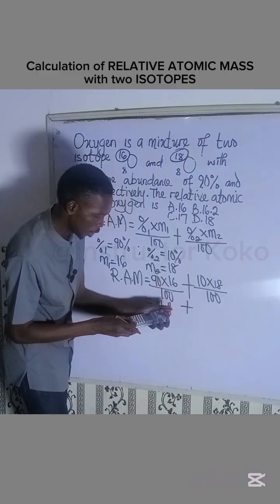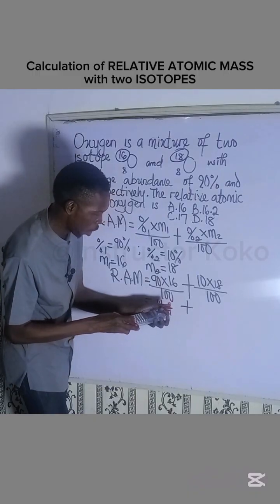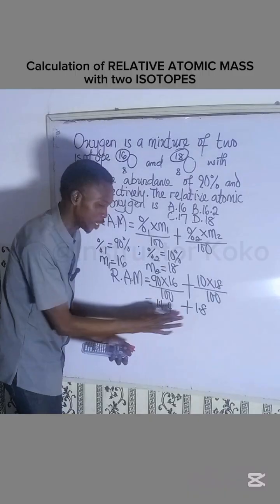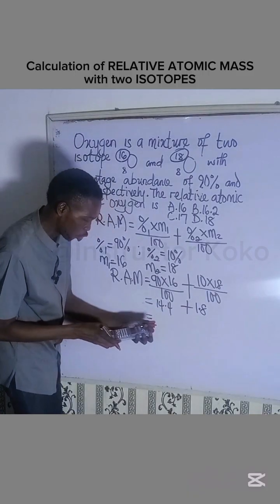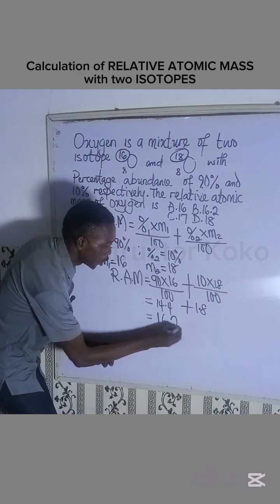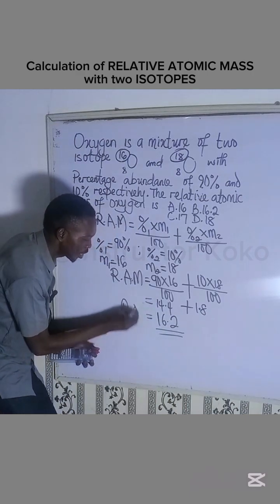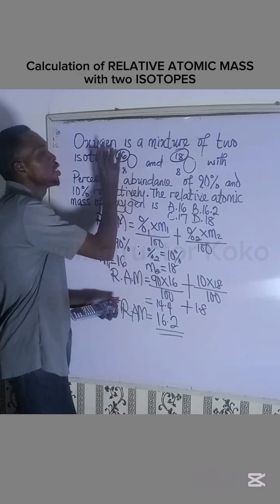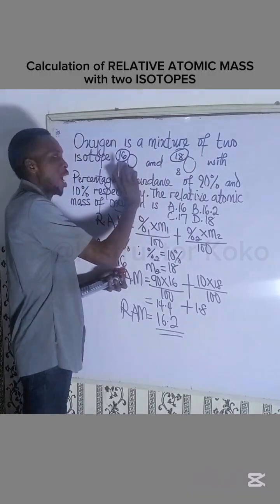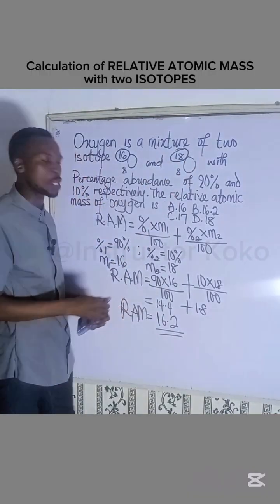Then this is 10 times 18 divided by 100, which is 1.8. So what you do next is add the two together. 1.8 plus 14.4 is equal to 16.2. So it means that the relative atomic mass of these two isotopes combined, the atom of this oxygen that has these two isotopes, is